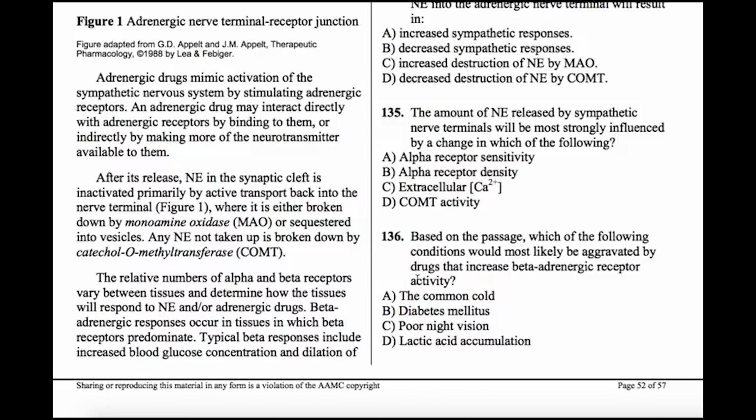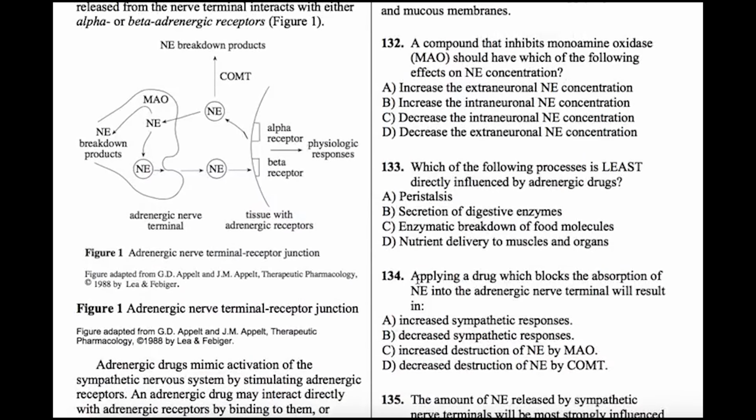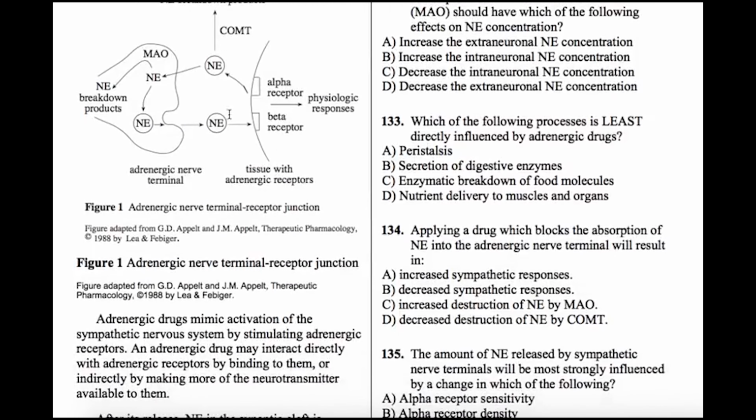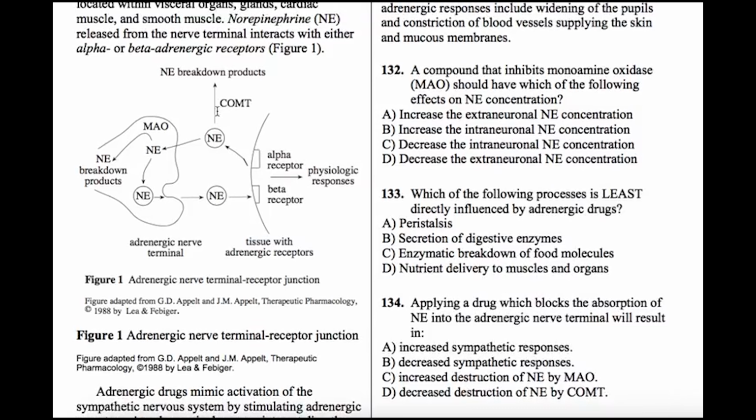So that's basically it. I don't want you to start panicking with all these names. It's very simple, right? We have monoamine oxidase, which breaks down the neurotransmitter in the presynaptic neuron. So that'd be up here. And then you have COMT, which will break down whatever is left in the synaptic cleft.